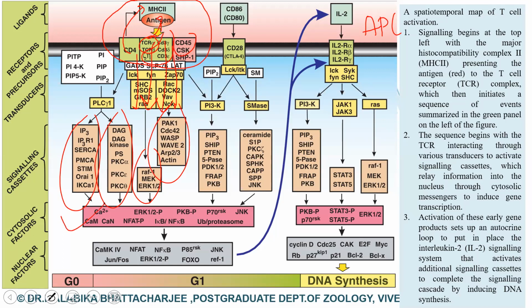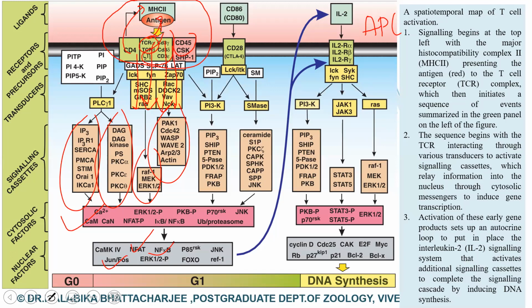Immediately after T cell gene activation, some genes are activated within half an hour of antigen recognition. These genes include c-Fos, c-Myc, c-Jun, nuclear factor 80, and nuclear factor kappa B. So these are the immediate genes that are activated within half an hour of the interaction of the T lymphocyte with the antigen presenting cells.